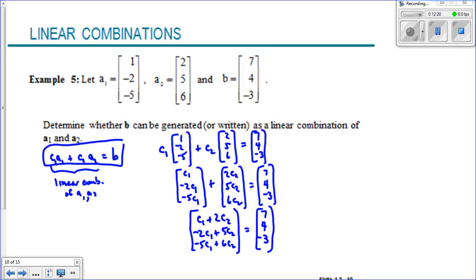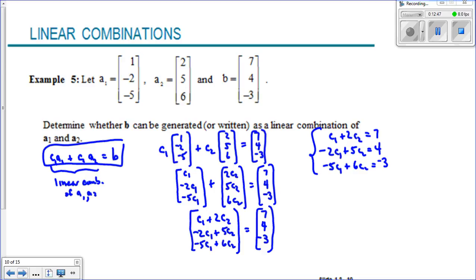Now, for two vectors to be equal, that means the components have to be equal. Well, this is equivalent to C1 plus 2C2 having to be 7. The second components, negative 2C1 plus 5C2, would have to be 4. And minus 5C1 plus 6C2 is equal to negative 3. So now all we've got is a system of equations, and we want to find the weights, C1 and C2,